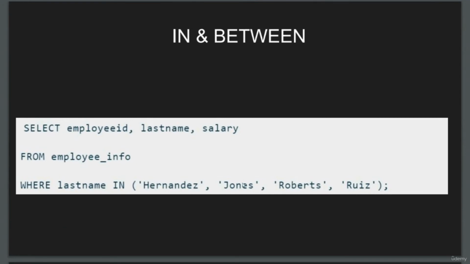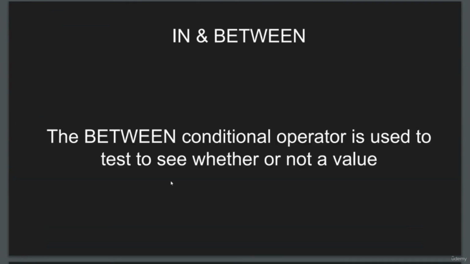These are the names that must be present in the last name. If this condition is met, then we'll get the result. After that comes the BETWEEN statement. The BETWEEN condition operator is used to test to see whether or not a value